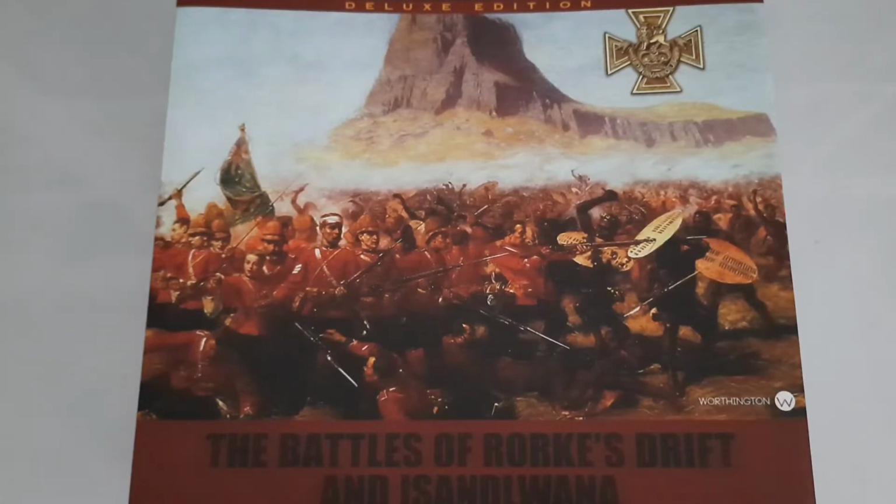I thought today I would pick up one of my older games that I had played solo, but got the opportunity last night for two of the chaps at the club to come round and have a game. I played solo Islandwana, and they got a chance last night to play Rorke's Drift. So without further ado, this is Victoria Cross 2, the Deluxe edition by Worthington Games, the Battles of Rorke's Drift